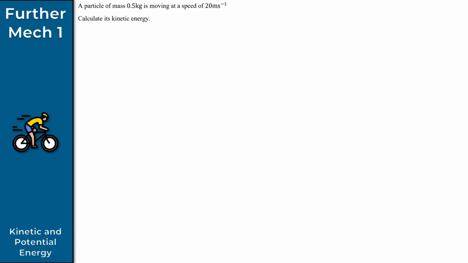As we can see for question 1, there isn't really too much going on. All we've got here is a particle of mass 0.5 kilograms that is moving at a speed of 20 meters per second. And all we want to do is find its kinetic energy. So a nice easy question. Don't forget that for kinetic energy, I'll shorten this to KE, this is simply found by using 1/2